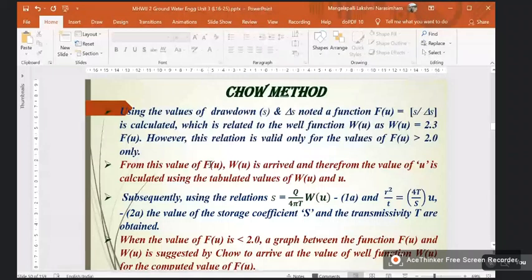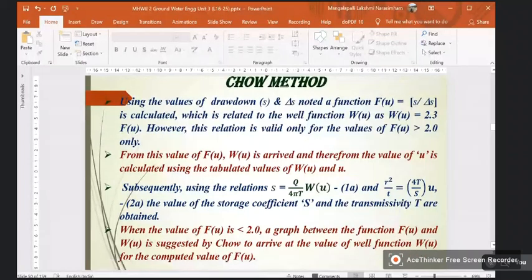So from this value of FU, WU is arrived at because we know S and delta S, and therefrom the value of U is calculated using the tabulated values of U versus WU. So subsequently using the relation S is equal to Q by 4 pi T WU and R square by T is equal to 4T S by U, this storage coefficient S and transmissivity T are obtained. So this method, I think,